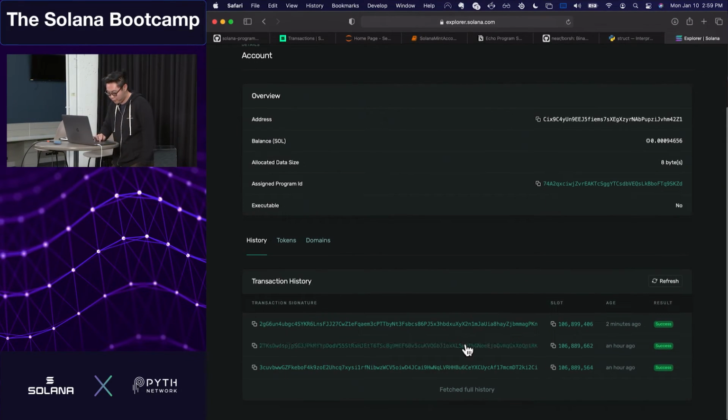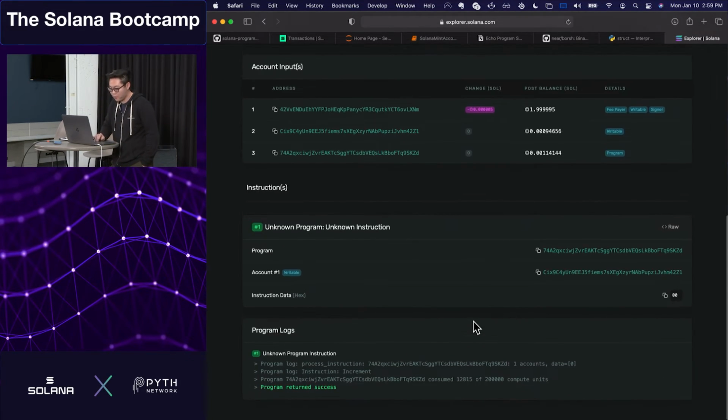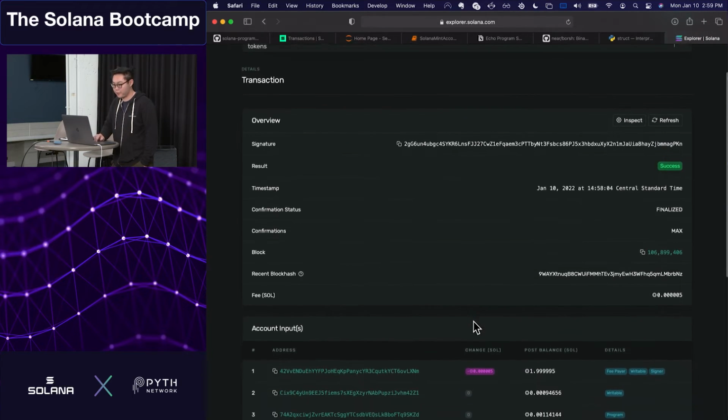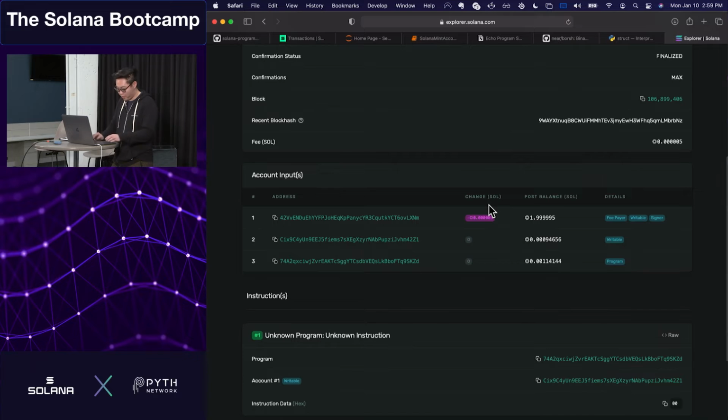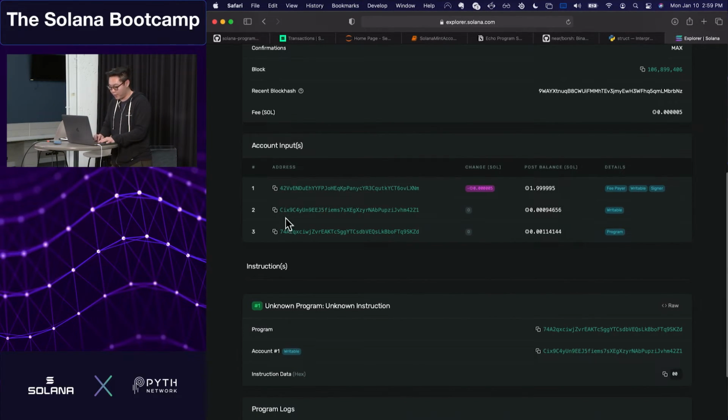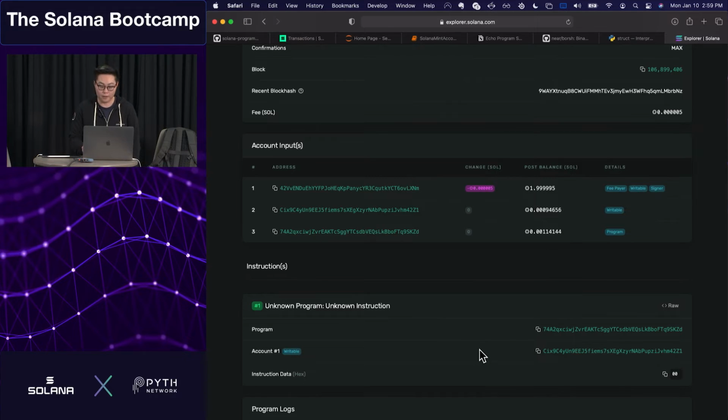There it is. Perfect. Let's go here. Great. So we can see the different keys that are passed in here. One important thing to note is that this address here is the fee payer. It's not found at all. This 42 address isn't found in the actual instruction, but is used to pay the transaction fee for the transaction